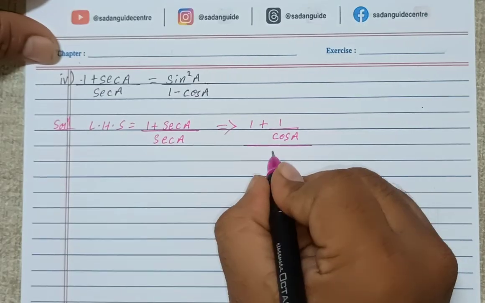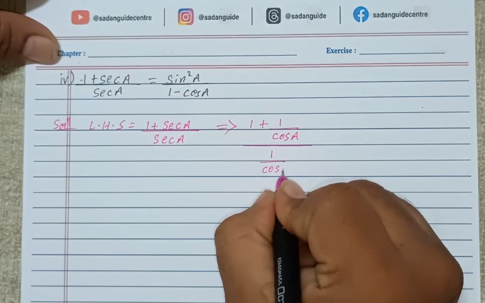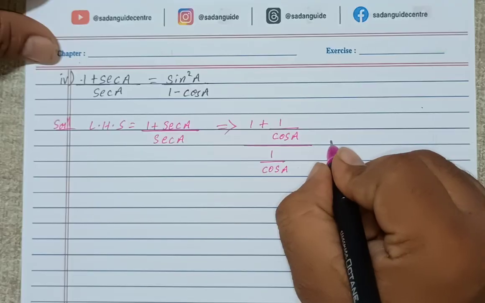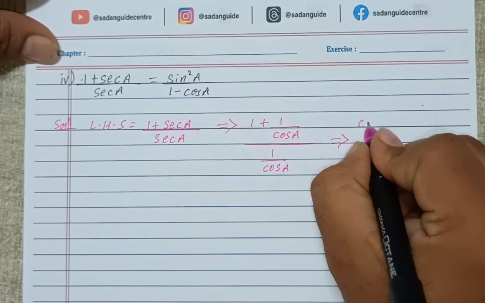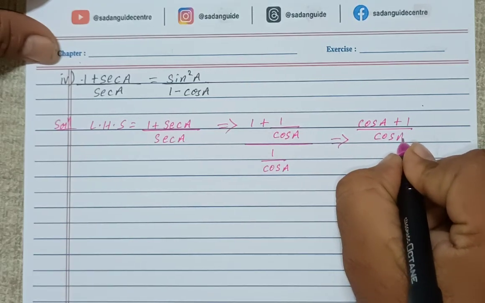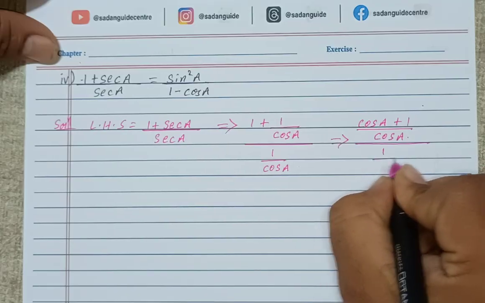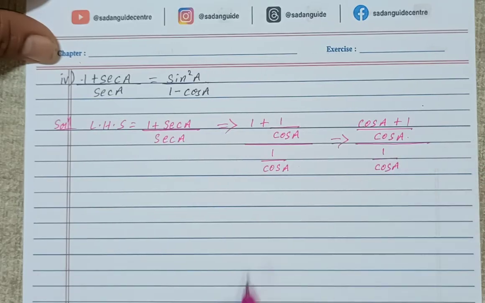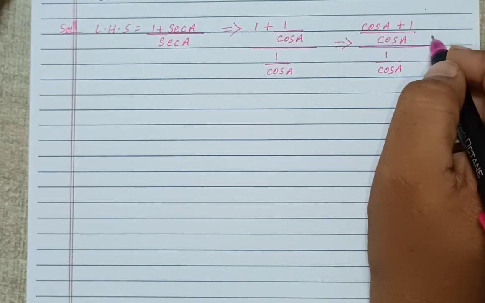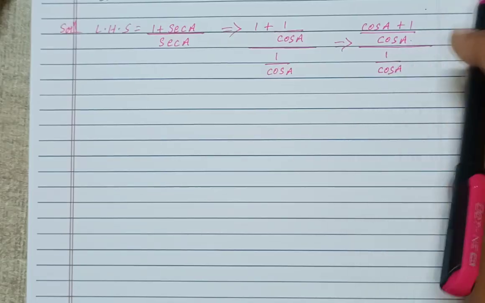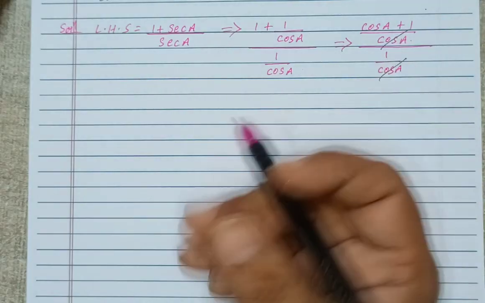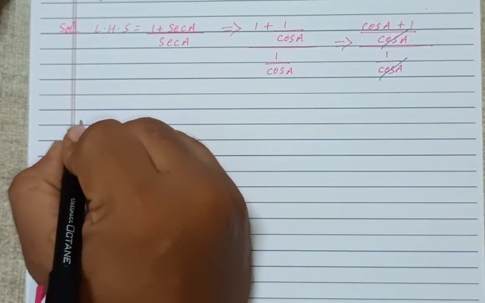whole divided by secant A, again it becomes 1 by cos A. So by taking LCM here, it becomes, which implies, (cos A plus 1) divided by cos A, whole divided by 1 upon cos A. Now here you can easily bring it to the numerator side, or else you can cancel here itself, that is cos A, I will cancel it. So we get the remaining values,